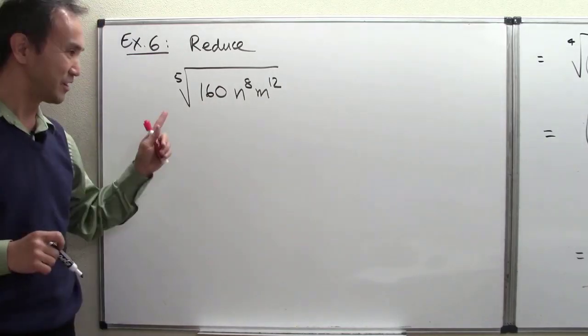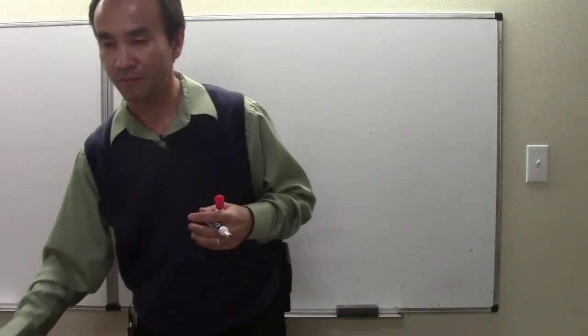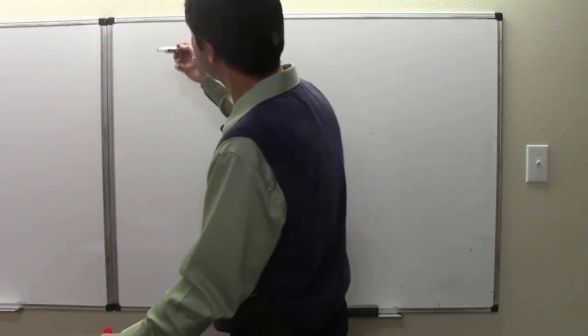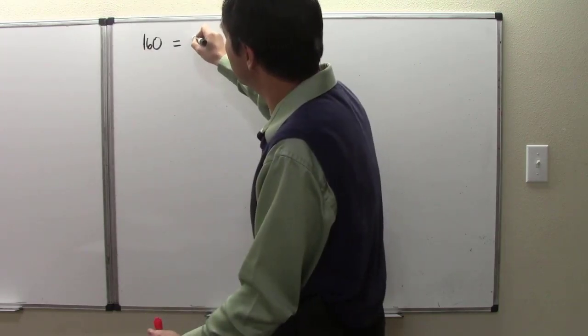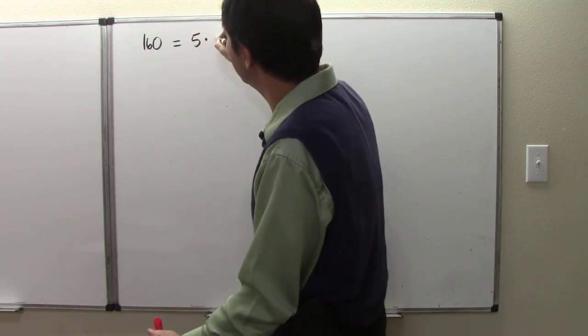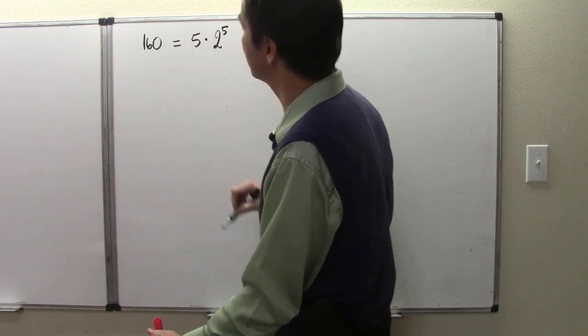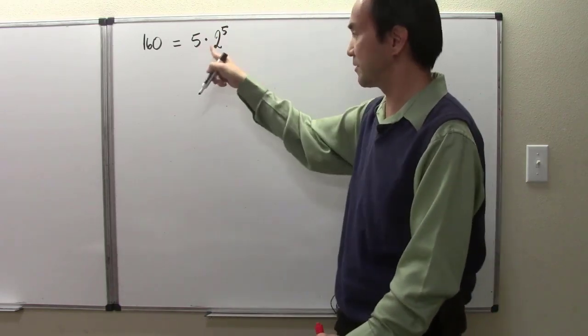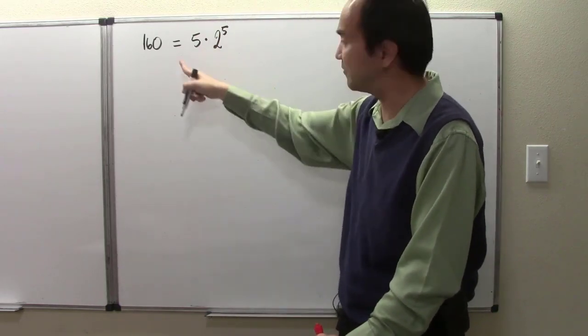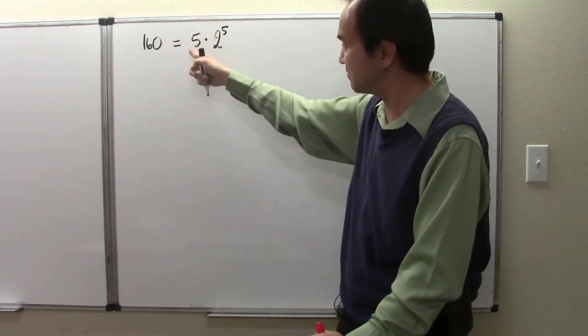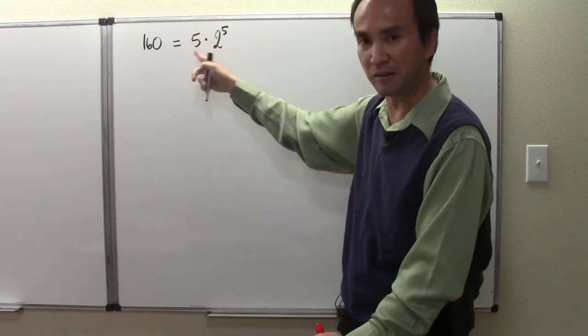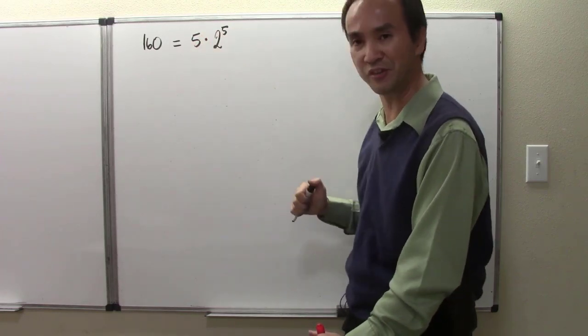Okay, and so now on scratch work, 160 is the same as 5 times 2 to the 5th. Okay, and this is the complete prime factorization of 160. And how I got that so quickly, once again, check out some learning resources showing you how to find a prime factorization like that. Okay,